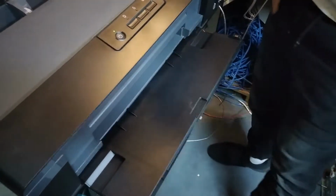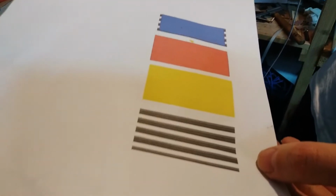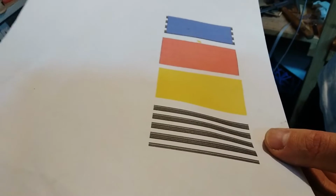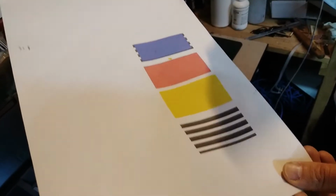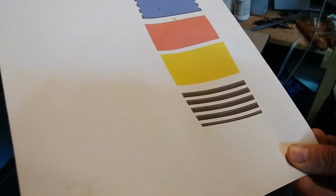Okay, so it would seem that we have pretty interrupted prints over here on the black, and the other three are pretty good, because this is a very fast print. It's put on the fast speed, not on the fine, and the ink is pretty good over here. So maybe